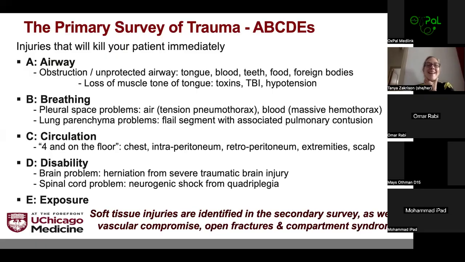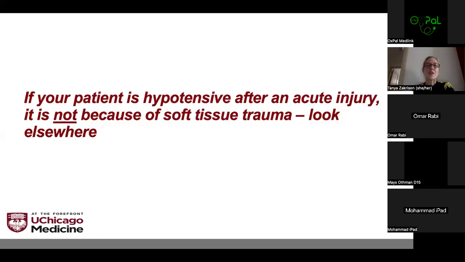So I don't care about soft tissue injuries as part of my primary survey, because a soft tissue injury will not acutely kill my patient, but that's something that I care about in the secondary survey. While I'm looking for vascular compromise, open fractures and compartments, all of those things are important as part of my secondary survey. So again, if your patient is hypotensive, it's pretty unusual to be soft tissue trauma when it's